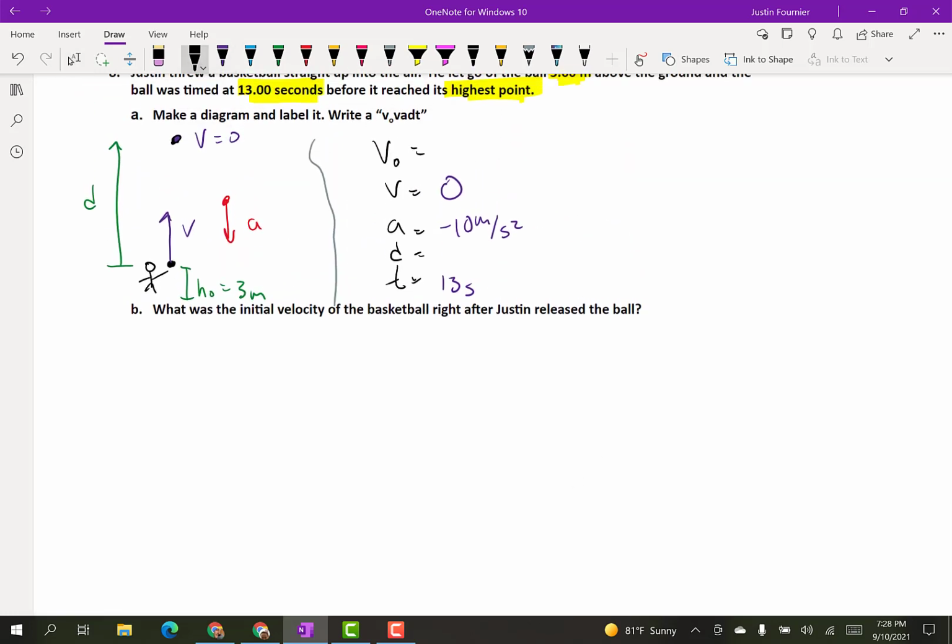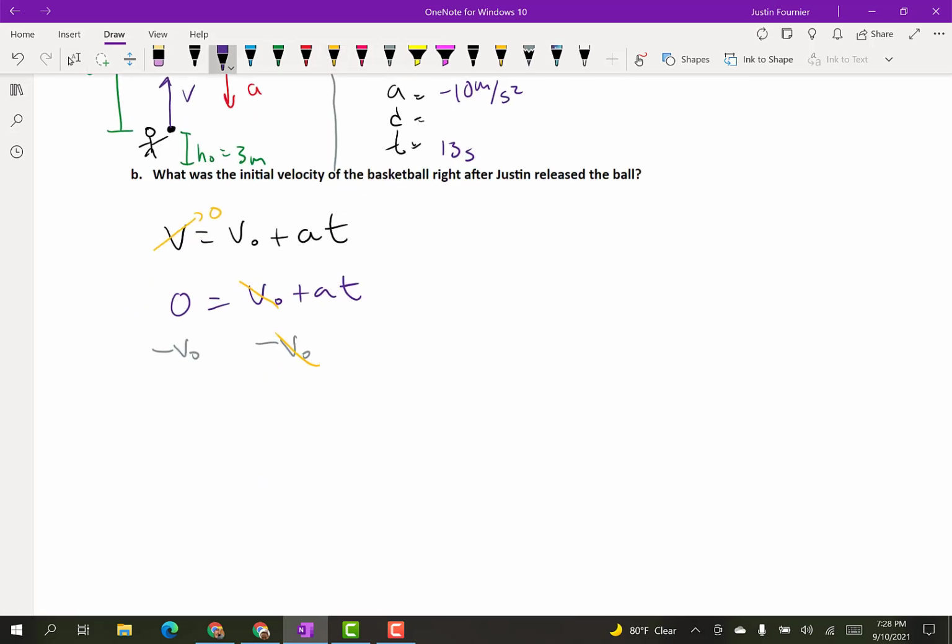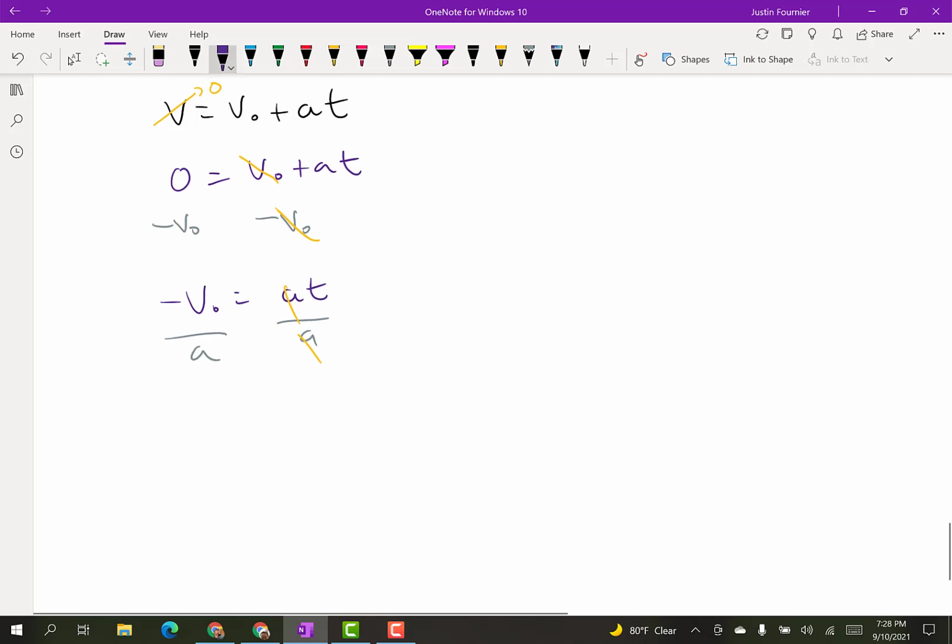Well, I can use omega. I know the final velocity is 0. So 0 equals v naught plus at. Subtract v naught from both sides. V naught cancels, and I get negative v naught equals at. So lastly, I'm going to divide both sides by a. That gives me negative v naught over a is equal to my time. So negative v naught, that's negative,